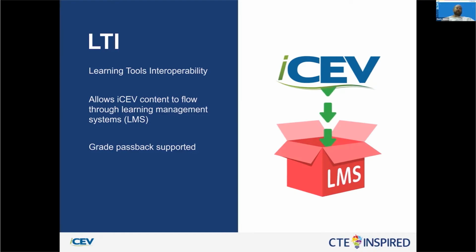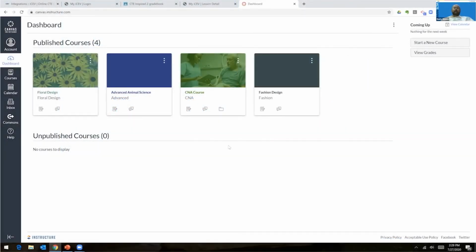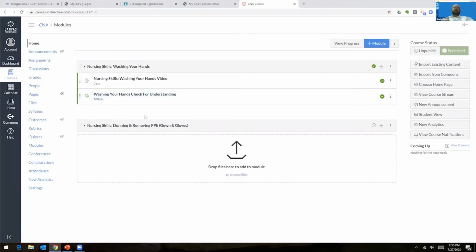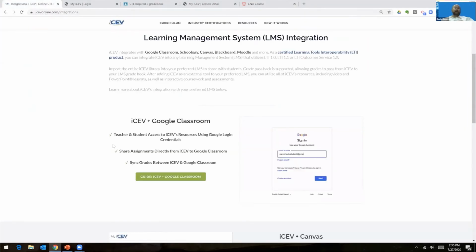Let's take a look first at Canvas and how you would utilize iCEV within Canvas. As we log into Canvas, first of all, you're going to see the courses that I have set up here. For today's demo, we're going to be doing our CNA course. So I'm going to go ahead and click on that. The very first step of utilizing iCEV within Canvas is going to be making sure your external tool is set up. We're not going to walk through those steps today, but you will be able to follow those steps over here on this